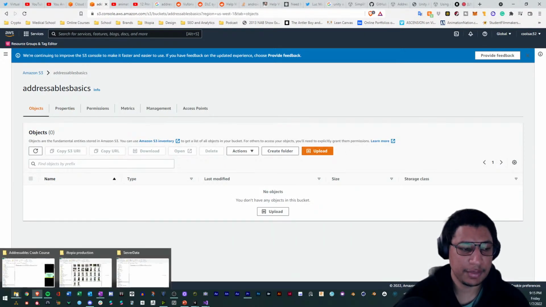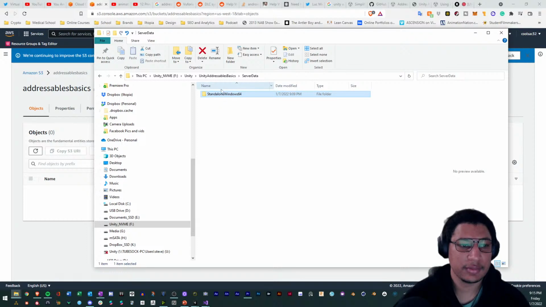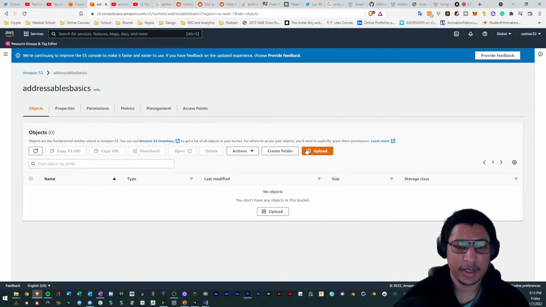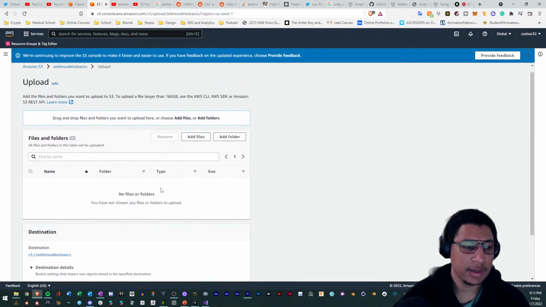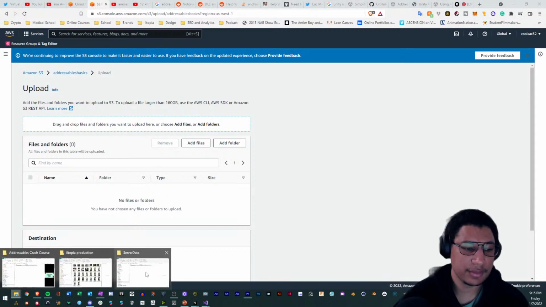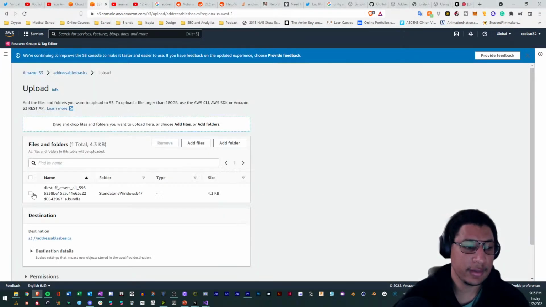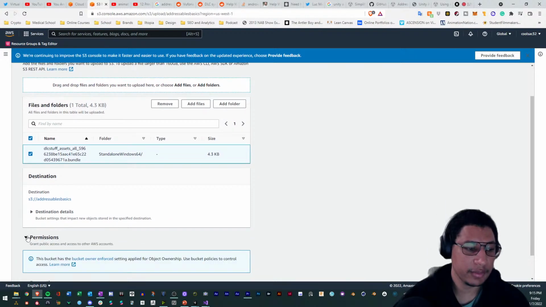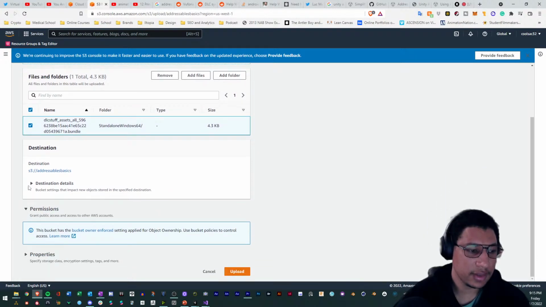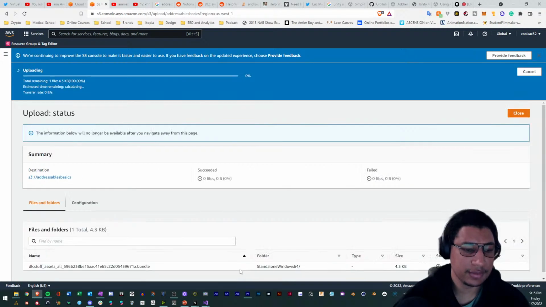And we'll just upload this to the server. So what we'll do is we'll take this, we'll click upload. After we click upload, we'll go through and we'll just drag and drop. So go in the ServerData folder, and we want to take the standalone windows. We want to take whatever build that you have. So we'll just take the build, move it over there, do that, go to permissions. Oh, it already has public access granted, so that's good. And so then we'll just upload